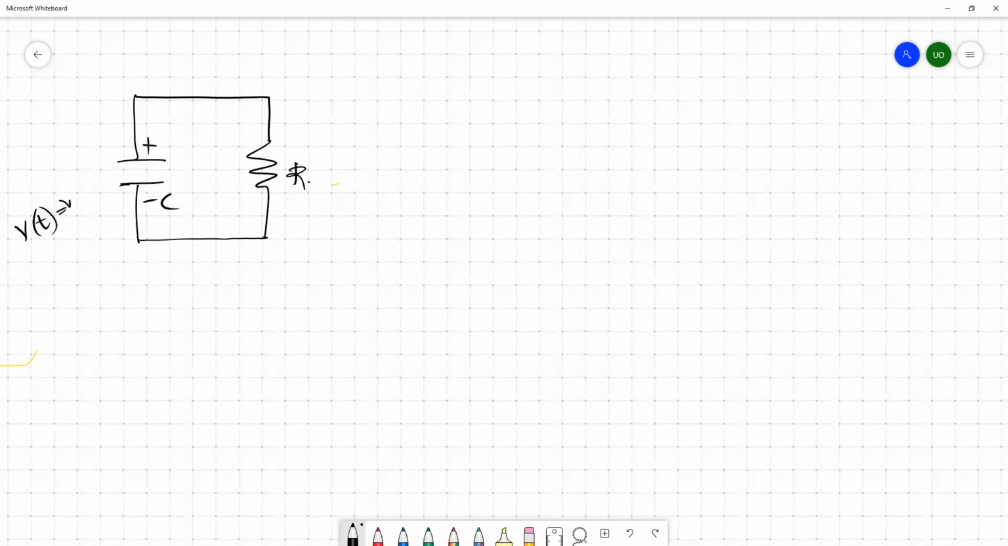V(t) equals V naught at t equals 0. So t equals 0 means the point where we start monitoring the process. For example, if we just draw the timeline, so this is the timeline. So this is t equals 0. Okay. So let's assume we have a circuit. Now we try to